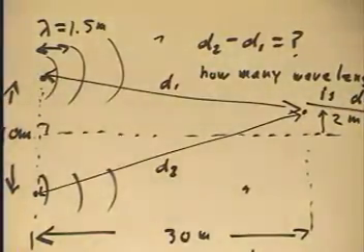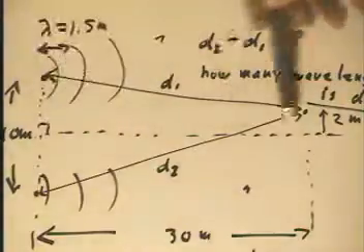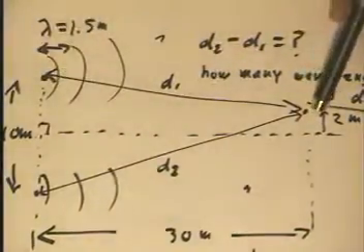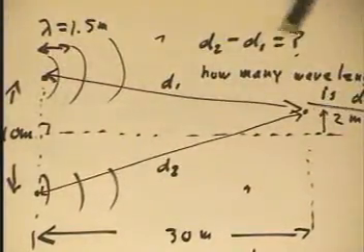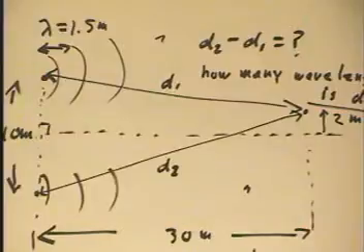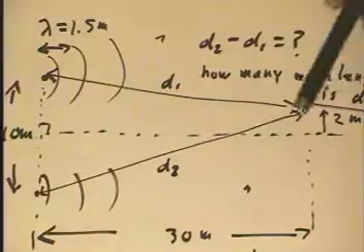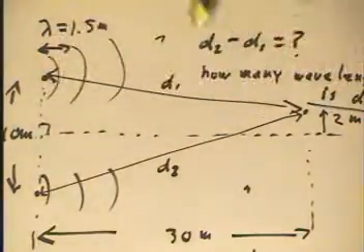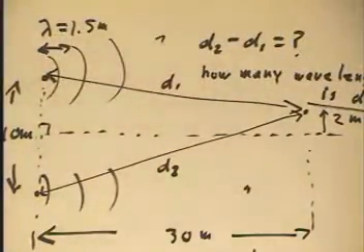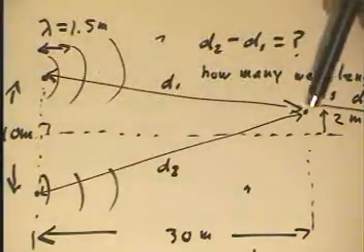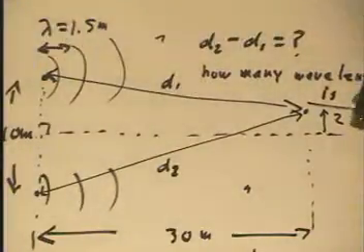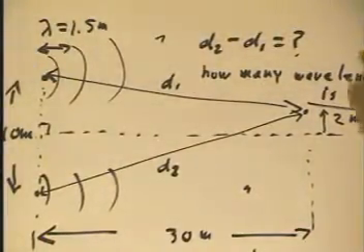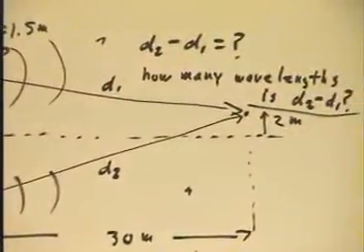The question that we want to ask is, well, this wave travels further to get to this point than this wave does. Okay, so if D2 represents this distance and D1 represents this distance, how do we calculate D2 minus D1? And also, how many wavelengths does that correspond to? Because if these distances are different, that means that even though the waves started out in phase with peaks matching peaks and valleys matching valleys, since this one travels further to get there, we might have a valley of this wave arriving at the same time that a peak from this wave does, due to the difference in the distances. And the thing that's going to determine that is how many wavelengths